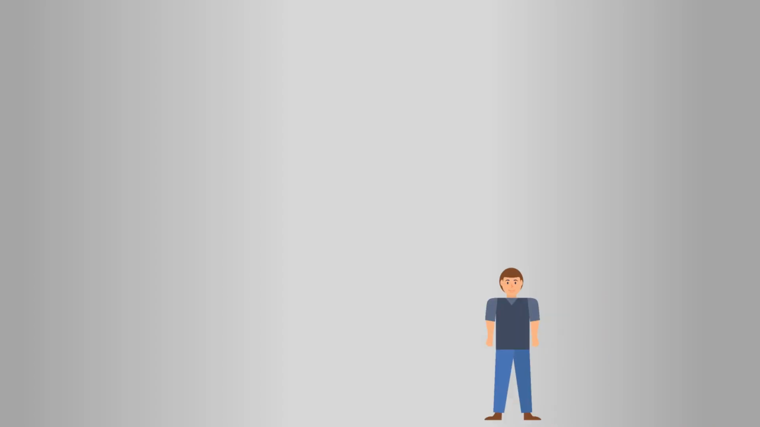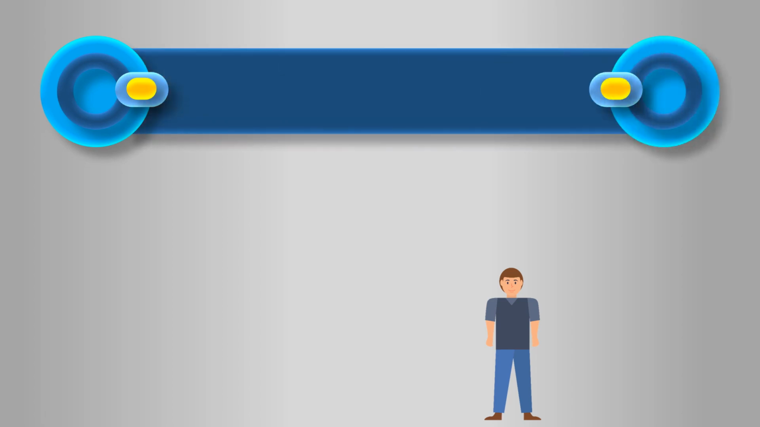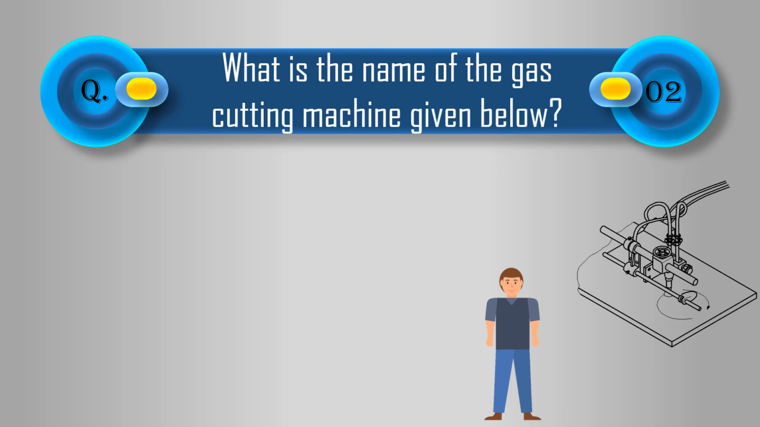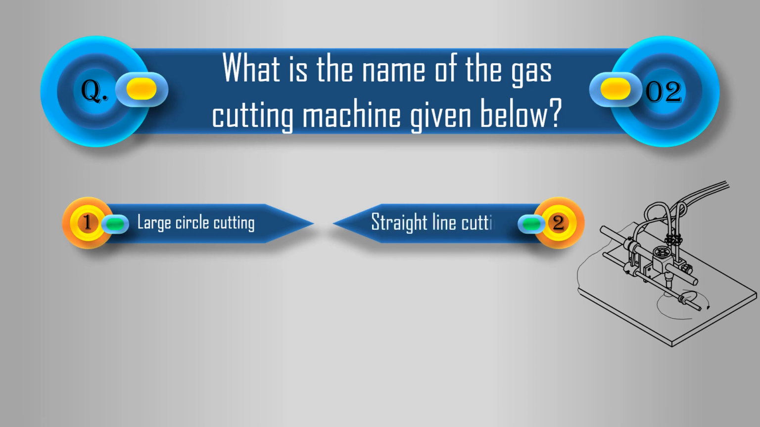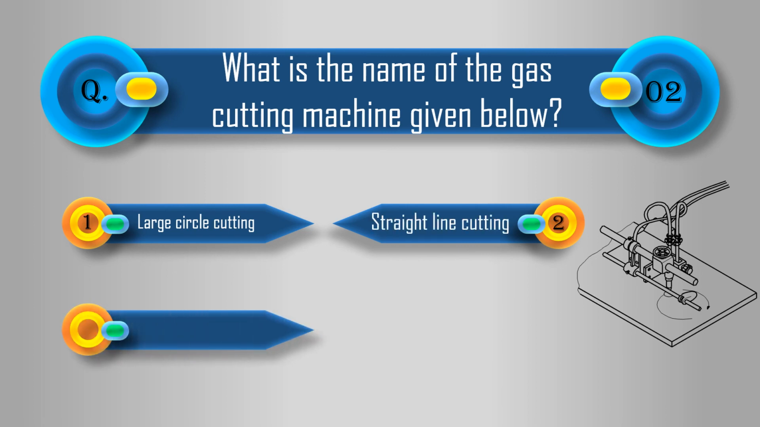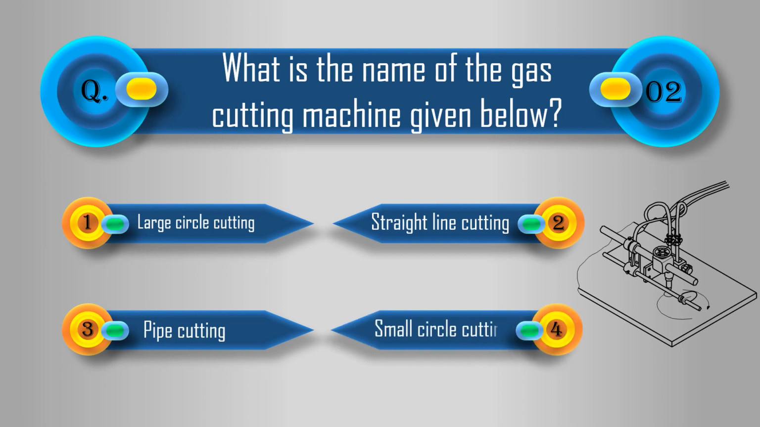After the completion of this topic, we are going to play one quiz related to this topic. The question is: what is the name of the gas cutting machine given below? The options are: 1. Large circle cutting. 2. Straight line cutting. 3. Pipe cutting. 4. Small circle cutting. The answer is